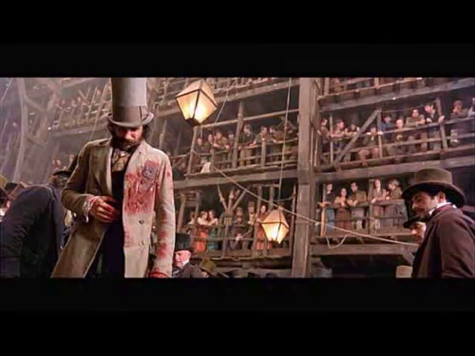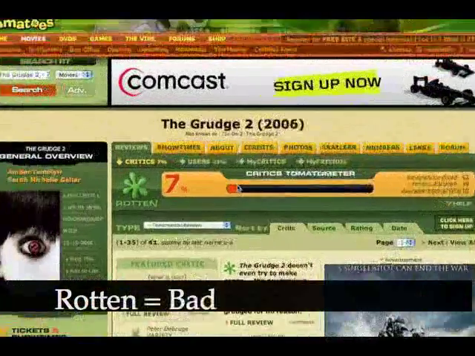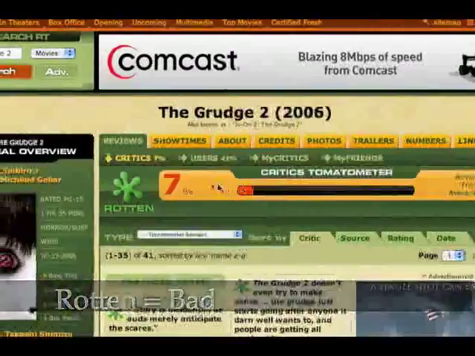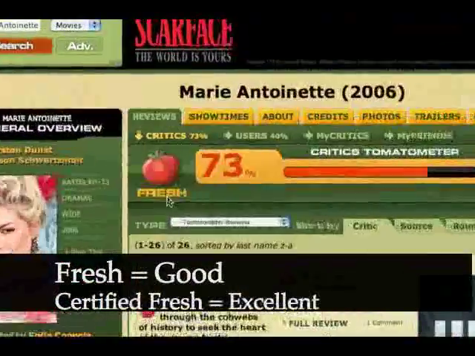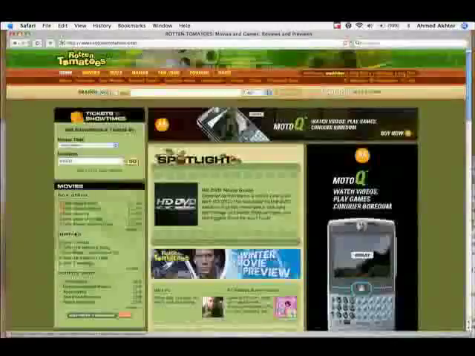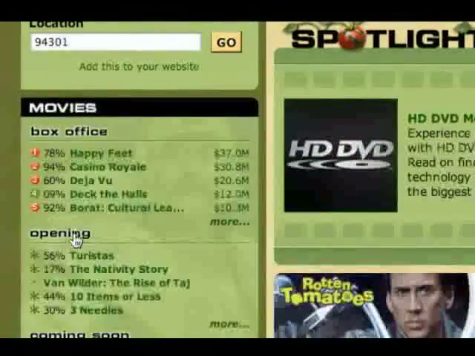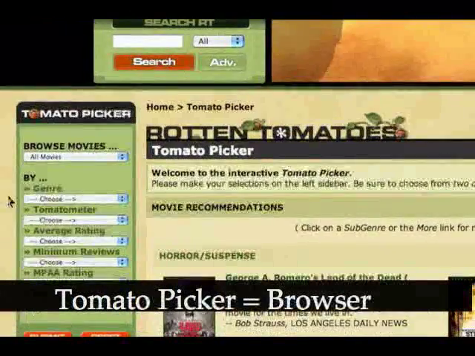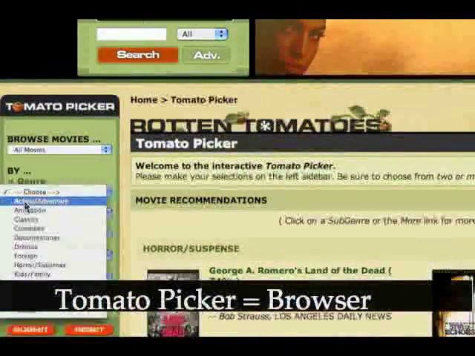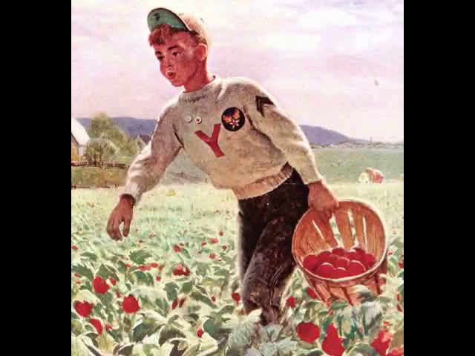In RottenTomatoes.com, for instance, chugging tomatoes becomes the metaphor for good or bad movies. Rotten movies are shown as rotten tomatoes, good movies as fresh tomatoes, and excellent movies are certified fresh. The very act of browsing for movies becomes the act of looking for good tomatoes. The tomato picker, for instance, is the browser. The users are therefore always in the self-consistent metaphor of picking tomatoes whenever they read reviews, whenever they go ahead